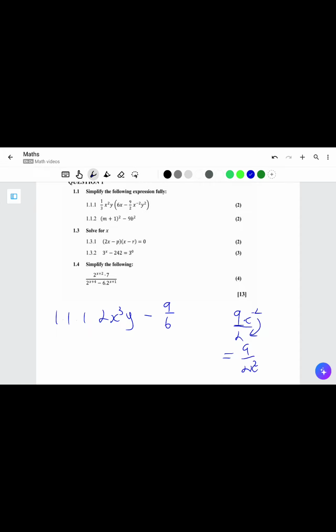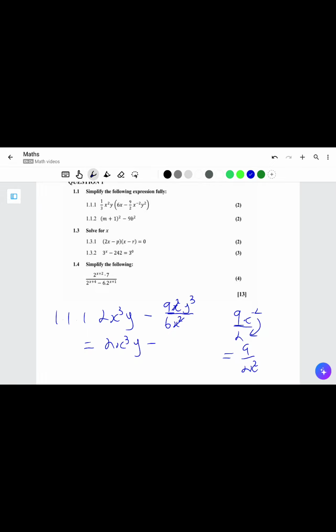And then remember, you have an x squared here, and here you have an x squared, right? You guys with me? And obviously you also have a y cubed on the numerator. So that's what your new numerator looks like now. Okay, you have the 9 on the top and you have your 6 at the bottom. So as you can see, this cancels. So what you're actually left with now is